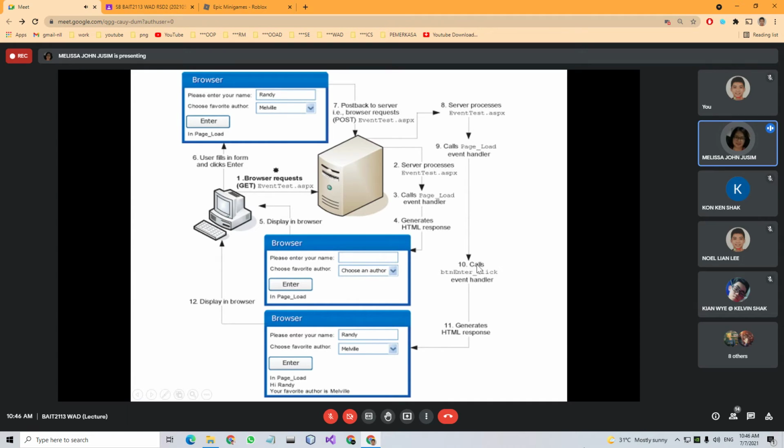And then over here, if the user clicks the enter button after filling up the text box and also the drop down list, then the event handler will be triggered and generate the HTML response. This is the HTML response, and the user will be able to see that in his or her browser. A very complete cycle.